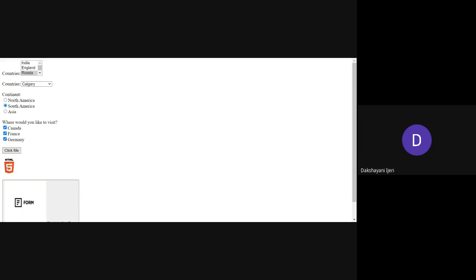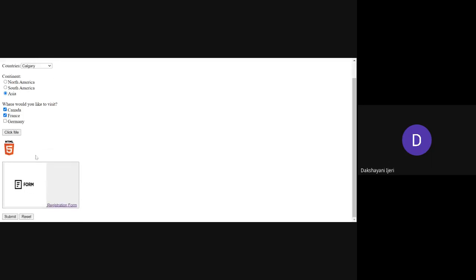So once we write the JavaScript file or the PHP file to do the processing, at that time we'll get to know what happens if we use all these options. Right, so this is an image in clickable form. Again, I have not written anything for that, so you are not able to see any action once you click anything over here.